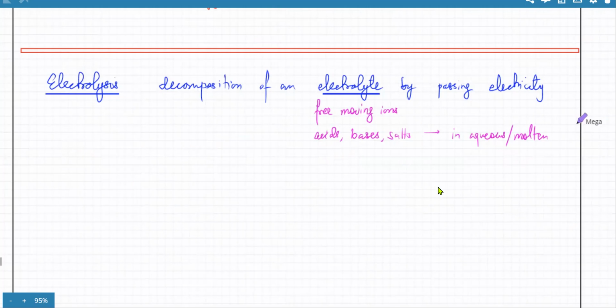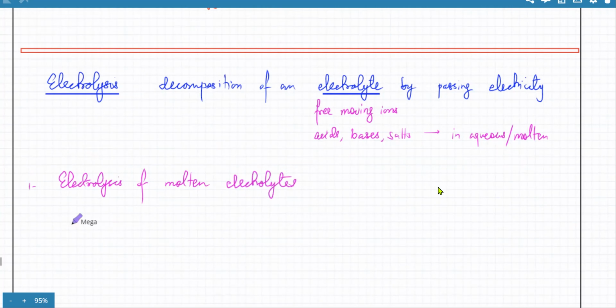So what happens in electrolysis is you've got 3-4 types of electrolysis. The first one is electrolysis of molten electrolytes. Now they don't have water in them. So in this one there is no water, so you've got a molten compound, and